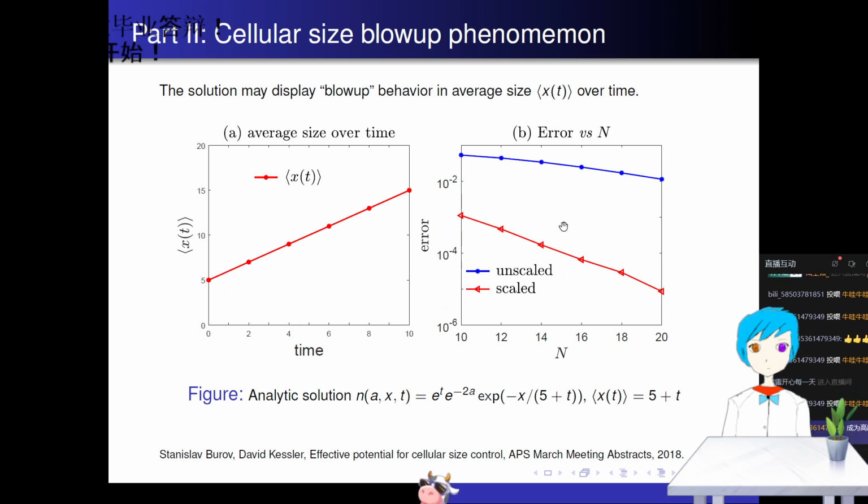E to the power minus x squared over t plus 1. So if we truncate the domain to be minus 100 to 100, then in the beginning when t equals 0, this is very small. This is approximately 0. So we can do that. But as t evolves, let's say if t is